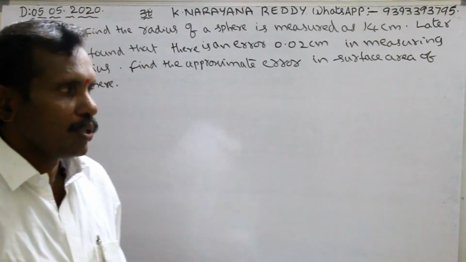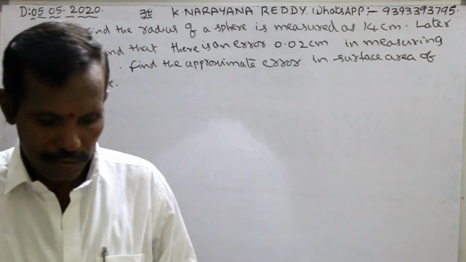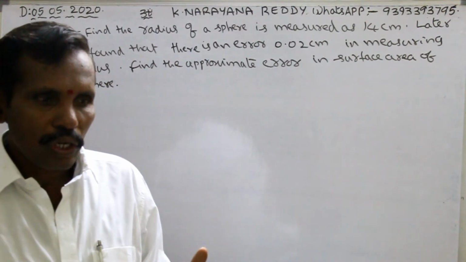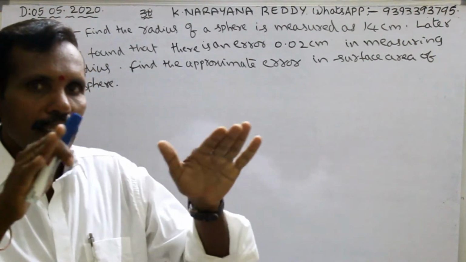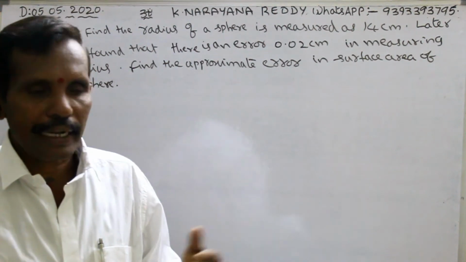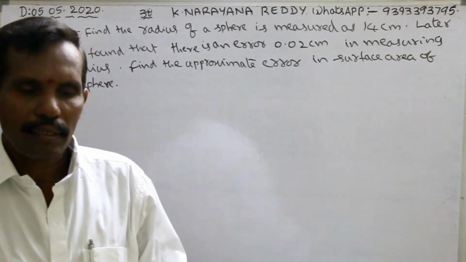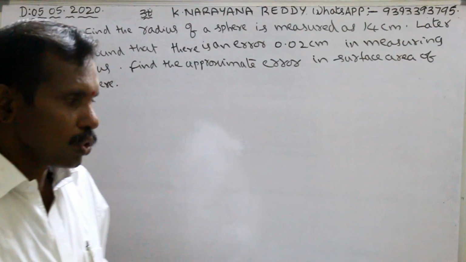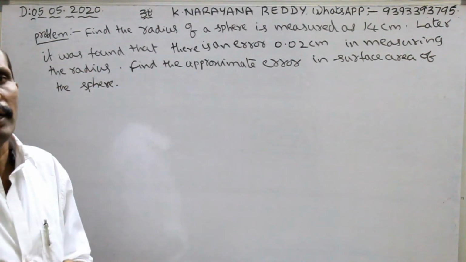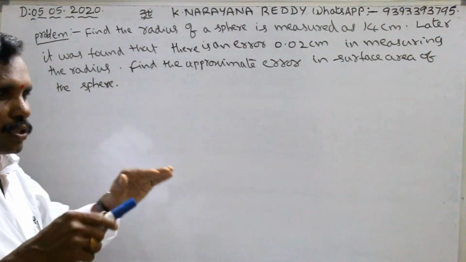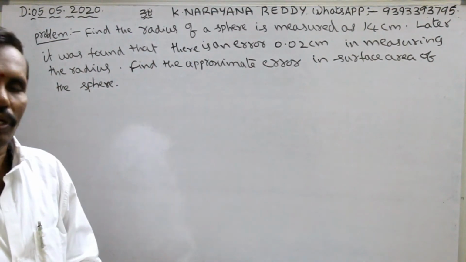In this class, I am explaining about application of derivatives. What are applications of derivatives? Applications of derivatives are nothing but applying the derivatives in some geometrical areas. That means in rectangle, sphere, triangle, tetrahedron, circle. We can use these derivatives in geometrical figures. Those are called applications of derivatives.